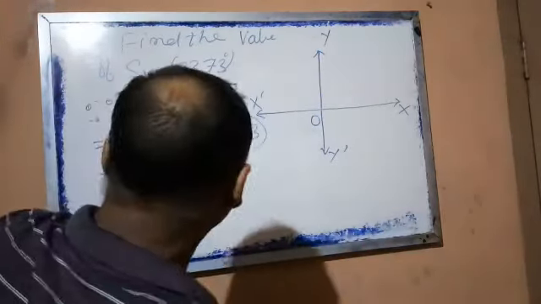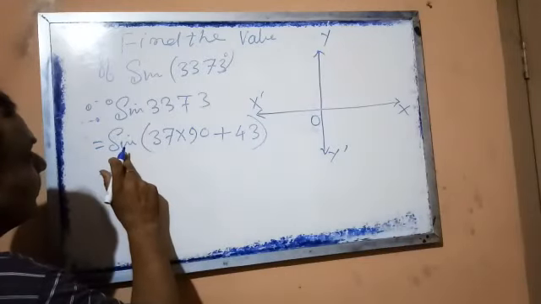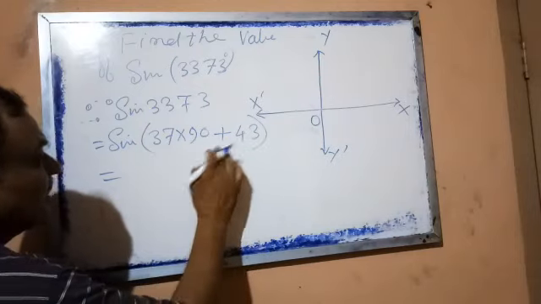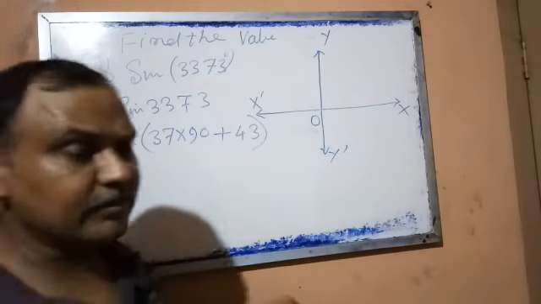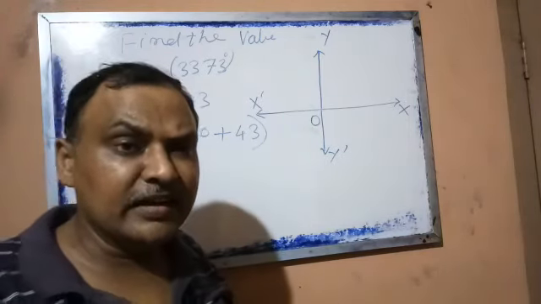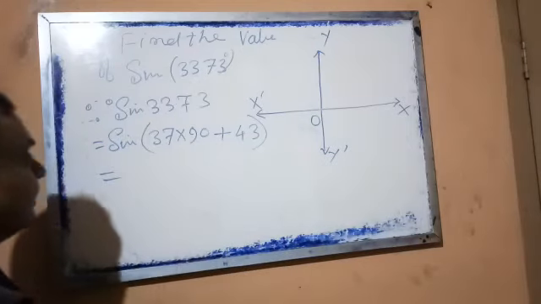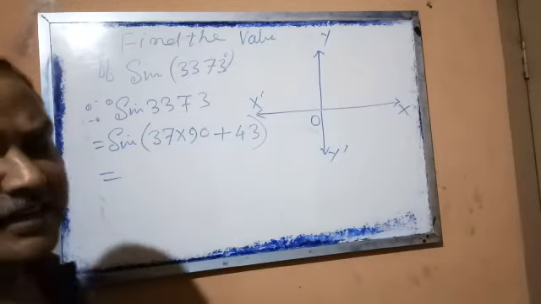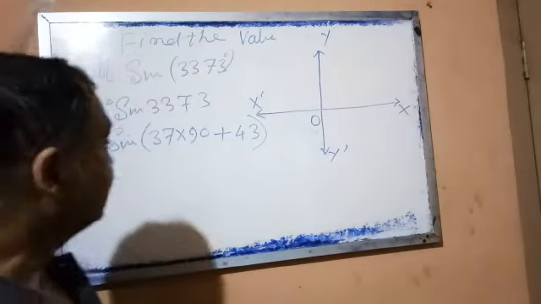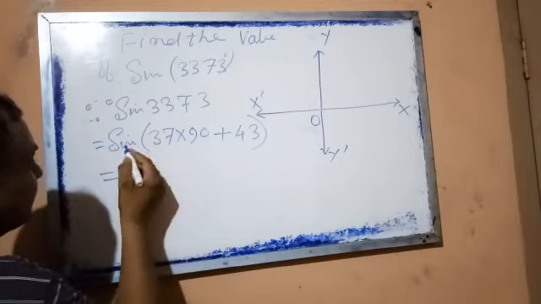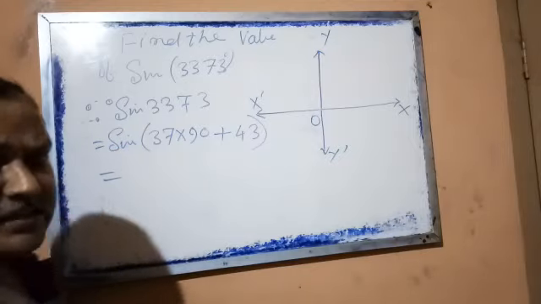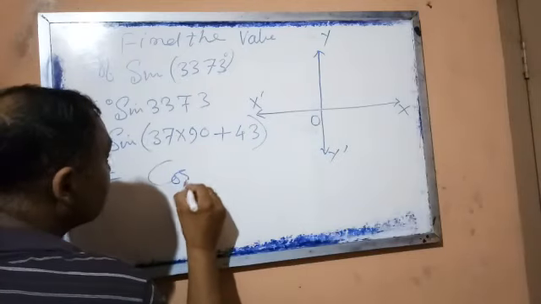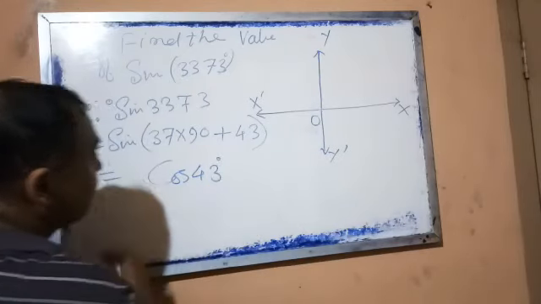Now you see what I told you, angle is equal to n into 90 plus theta. So in place of theta, 43 is there, since theta is the value of the angle less than 90, that means the remainder. And 90 is going how many times? 37, and 37 is what? An odd number. So once it is an odd number, the ratio will change, this sign will change. So what was the change list? Sin was changed to cos, so we will write cos 43 degree.